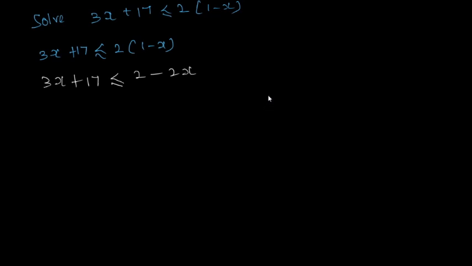Now, what could be the next step? Our objective is to remove the constants on the LHS. Okay. So, you have got 2x here. You have to remove this 2x first. So, how to remove this 2x? By adding 2x on both sides. So, add 2x on both sides